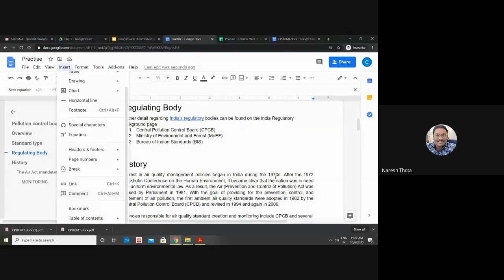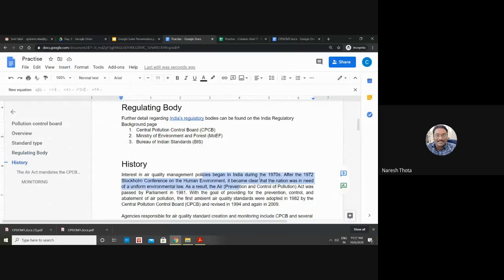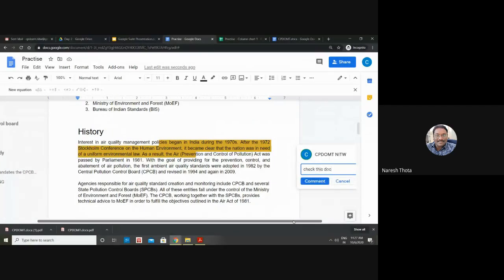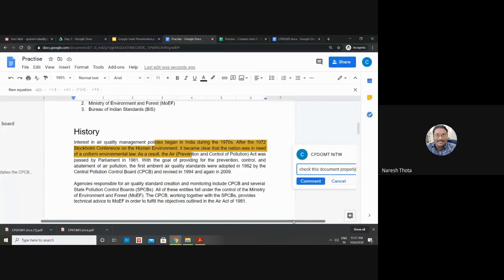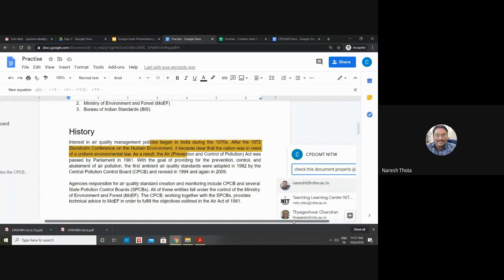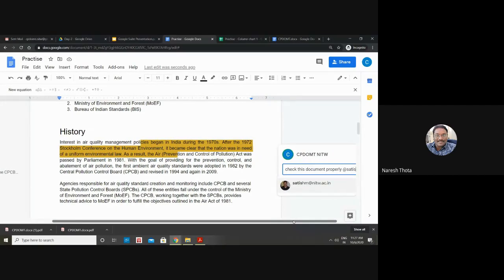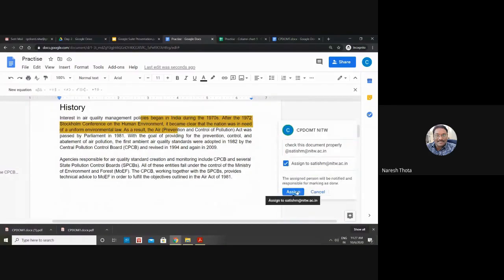And the comment option I mentioned, let's say I want to comment on this particular part, immediately this comment option will come here. So maybe I'll make a comment, check this document properly, at the rate of, I'll use the email ID of Satish. Assign to Satish M, assign.